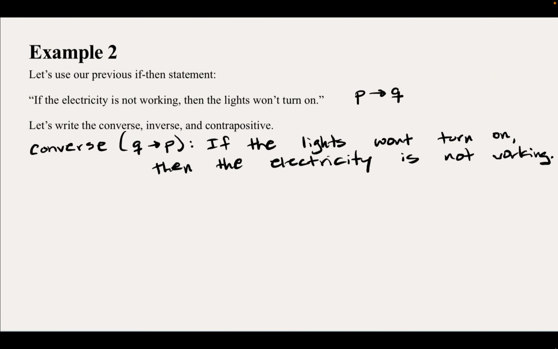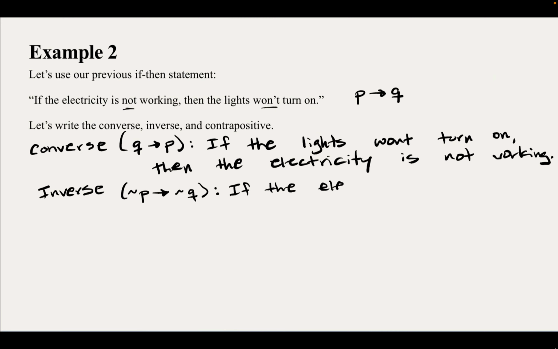Let's do the inverse. The inverse is the negation of the original statement. So the inverse would be not, and we use a little squiggle to represent the not, P, then not Q. Now in my statement, I already have not, right? This is not working. They won't turn on. So to negate it, I essentially take away that word not. So I would say if